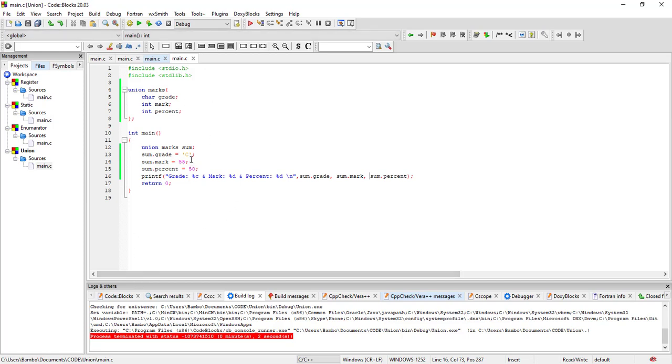But this is pretty much how our unions work. So we've done a register, we've done a static, we've done an enumerator, we've done a union. Please do ask questions if you've got questions. And if there are any suggestions, I can make corrections to some of the elements I would have made errors on whilst we were in the lecture. But here ends our